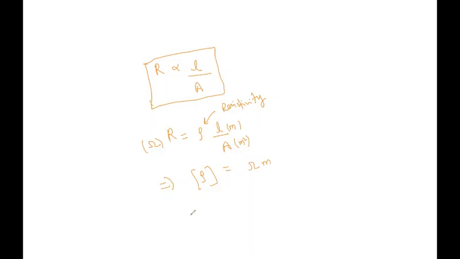तो अगर मेरे को डिफाइन करना हो, अगेन हम किसी भी चीज़ को डिफाइन करते हैं तो किस तरीके से करते हैं। अगर मैं रेसिस्टिविटी बाकी सबके टर्म्स में लिखूं तो कैसे लिखूंगा, RA/L। ठीक है। तो अगर मेरे को डिफाइन करना हो व्हाट इज रेसिस्टिविटी ऑफ अ सब्सटेंस, तो मैं क्या कह सकता हूँ, दैट रेसिस्टिविटी, अगर मैं L को 1 लिख दूं और एरिया को भी 1 कर दूं तो रेसिस्टिविटी रेजिस्टेंस के इक्वल हो जाएगी। If L is your unit and area is 1 meter square, then your resistivity will be equal to resistance.